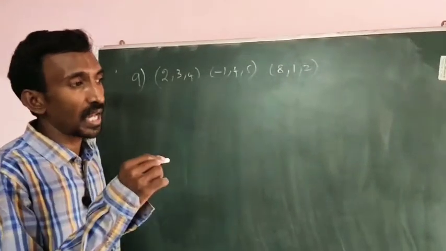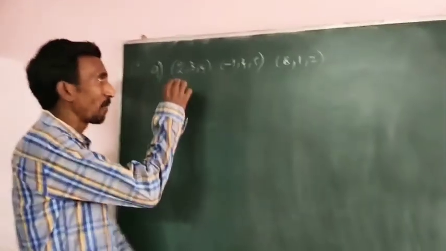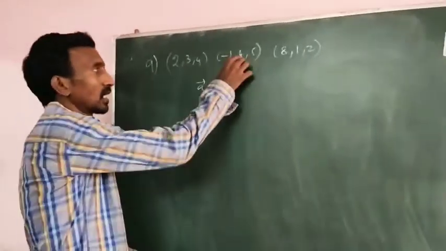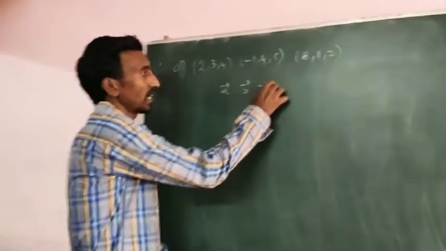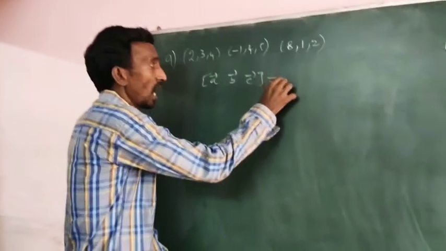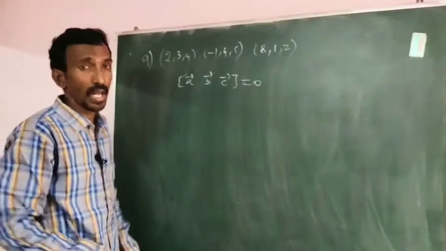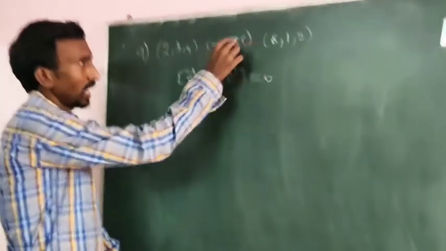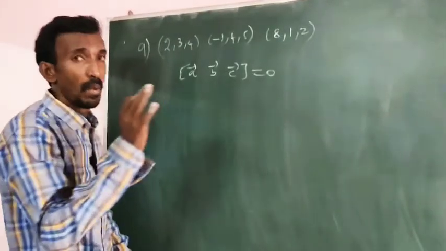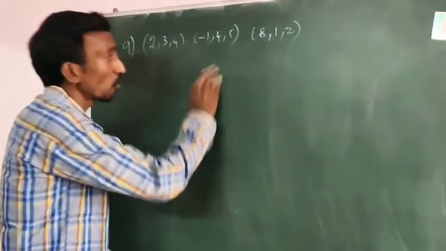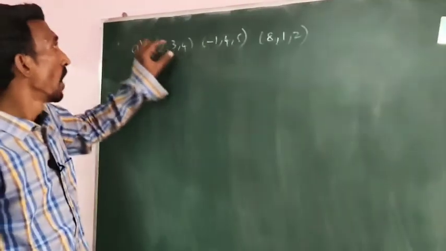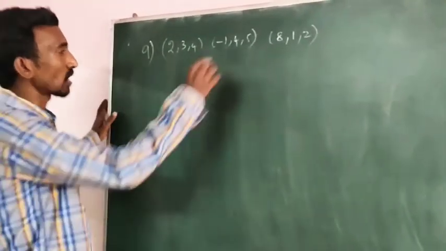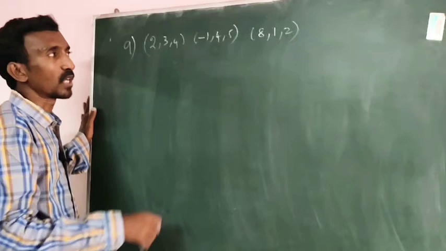If the 3 points are collinear, then the box product [A B C] equal to 0. Listen, the position vector of the first point is A vector, the second point is B vector, the third point is C vector. If it is given that they are collinear, then we can use this concept, box product ABC equal to 0, or the determinant equal to 0. Be careful, but here not like that. Our aim is to prove they are collinear. So don't say box product value 0, therefore they are collinear. It is meaningless, wrong. So with the use of any 2 points, find out the equation of a line.